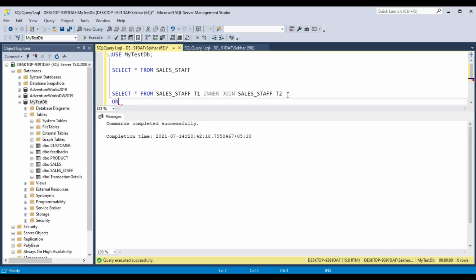Actually, let's not write it as t1 and t2. For better understanding, for the first table we will take the alias e, and for the second table we will take m.